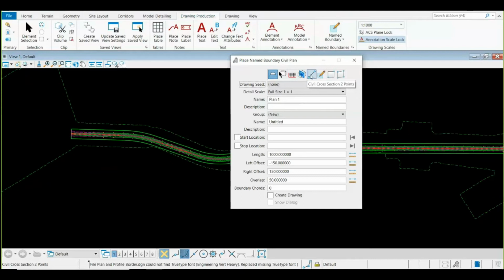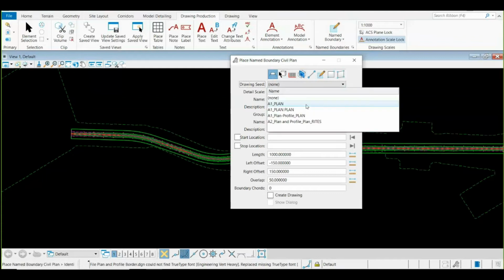Mainly and majorly we are going to use the first, third, and fourth icons, which are for my plan, civil plan. As soon as I select this, I have certain attributes which I need to set. The most important attribute is your drawing seed. So what is basically your drawing seed? Let's quickly drop down and understand the naming terminology or the naming convention. When I'm dropping down my drawing seed, you are finding 1 2 3 4.